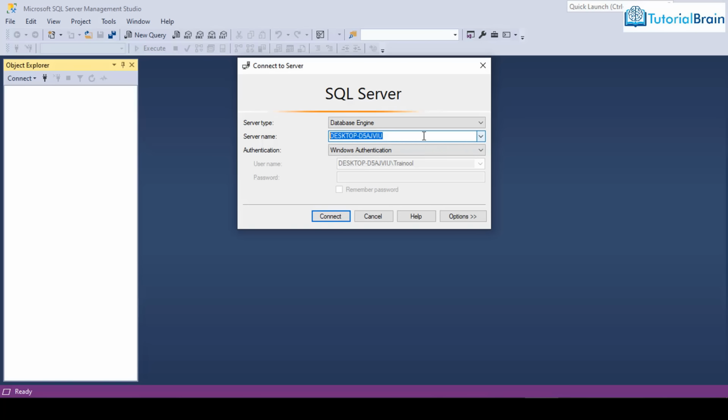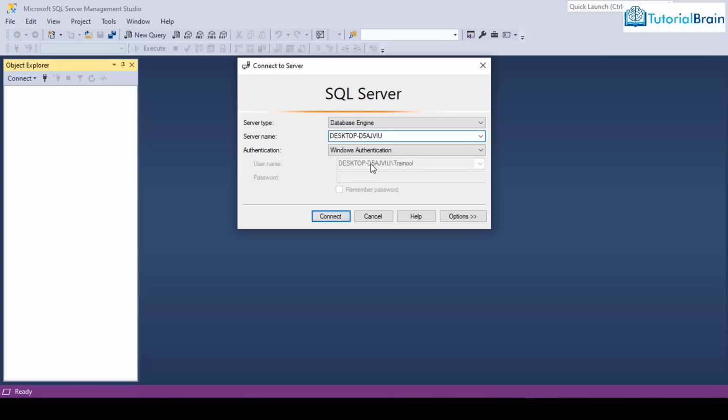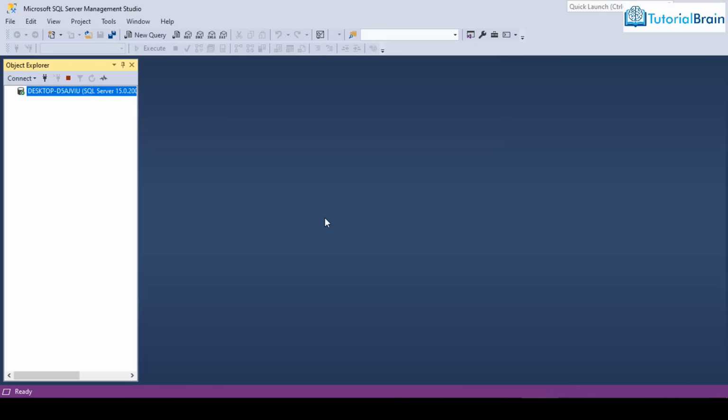desktop-d5aj-viu, and in case if you don't find any server name, you can just click here and you can just browse for more and go to database engine, and here you will find all the server names. In my case I have only one server name, that is the reason it is showing this particular server name. So here just click on this connect button,